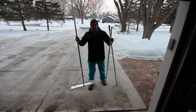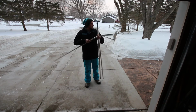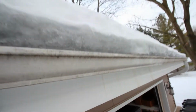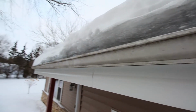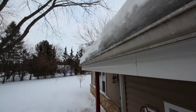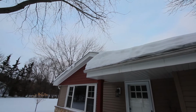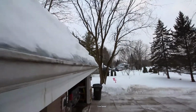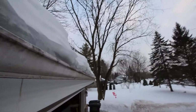So this is a roof rake. This is what we will use to pull some of that snow down off the roof. We've got a good 8 to 10 inches of ice built up in our gutters. The problem with that is when all the snow above the ice starts to melt, it's going to get trapped by the ice dam, dams being something that hold things back. The problem with that is the water can back up underneath the shingles and get inside your house and cause